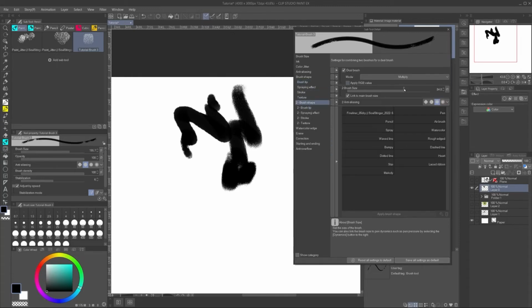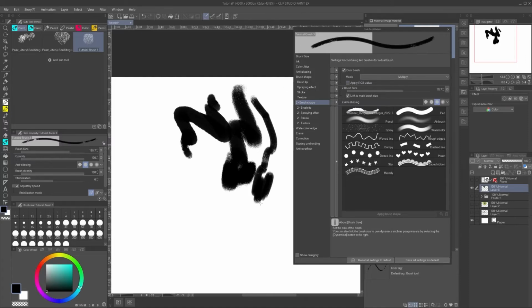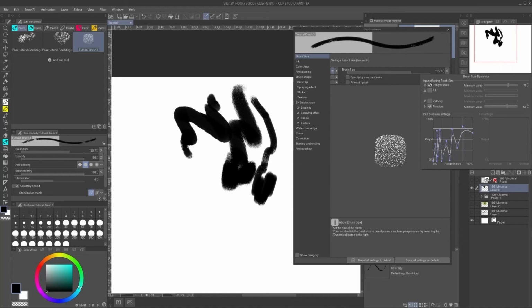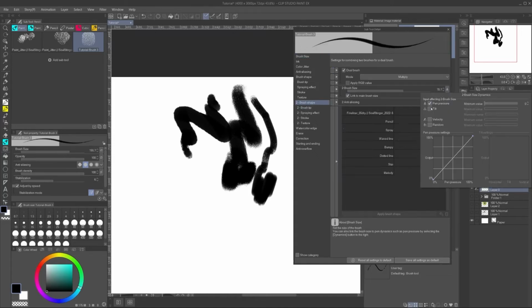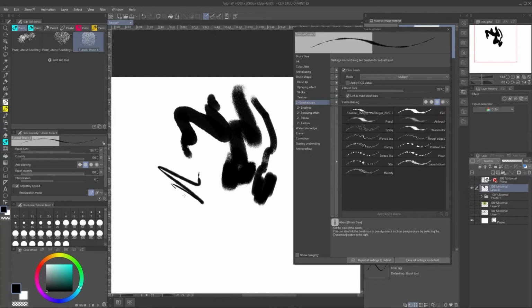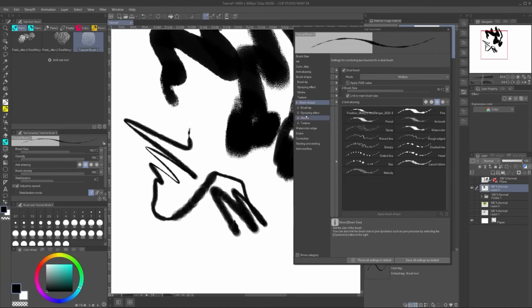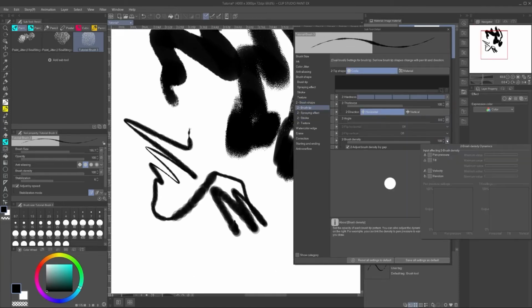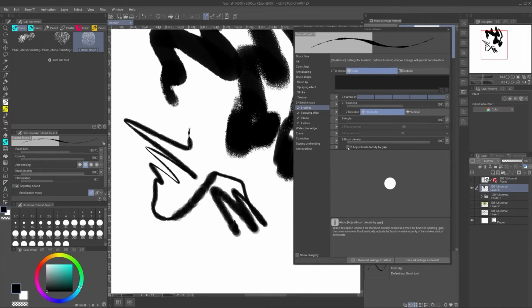Now set to multiply. Yeah, we lose all the dynamics we set in here for the pen pressure. But we will add this right here. Add some variation. Add some randomness. Like this. Now go on the brush tip and unlink this one here, because we don't want the density